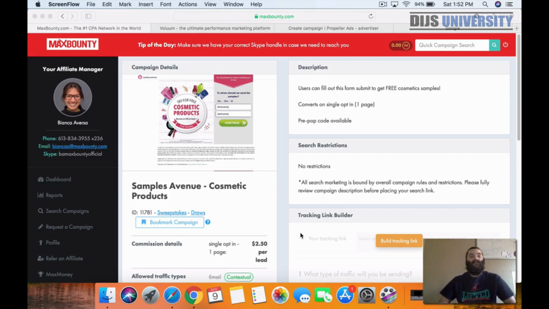Let's go ahead and start off here with Maxbounty. You can use Maxbounty or any affiliate network of your choice. If you do have another network that you prefer, of course, feel free to use them. We're just using Maxbounty today as an example. They are pretty user-friendly, beginner-friendly I would say as well, and they have over 1,500 different offers to choose from that you can promote all over the world. So it is a great network to start with,